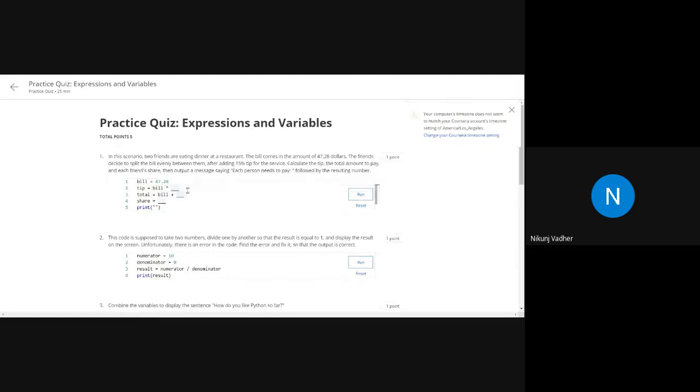Okay, tip. We said to split the bill evenly between them after adding bill times 0.15. Calculate the tip and the total amount to pay for each friend. Total is bill plus tip and share is equal to total divided by 2. Here we will copy this. Each needs to pay share.